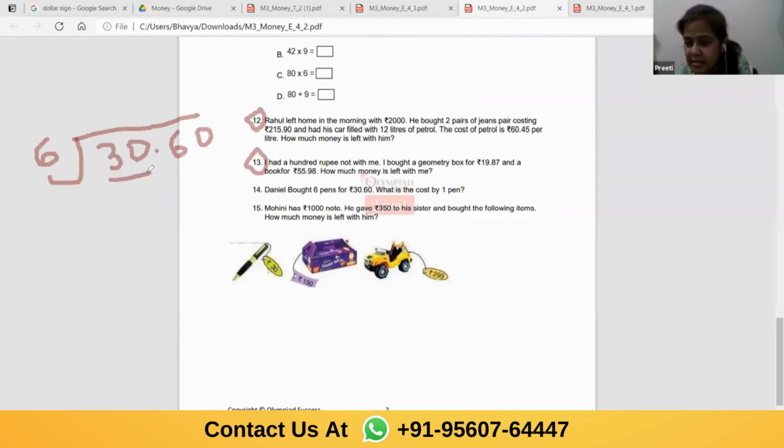30 is bigger than 6. Now I can divide. In the table of 6, 5 times 6 is 30. 5 times 6 is 30. Now my remainder is 0. Generally, what do we do? I bring the 6 down. Correct? Yes, ma'am, I've done this question. I learned it. Now in this question, as you can see, this point is